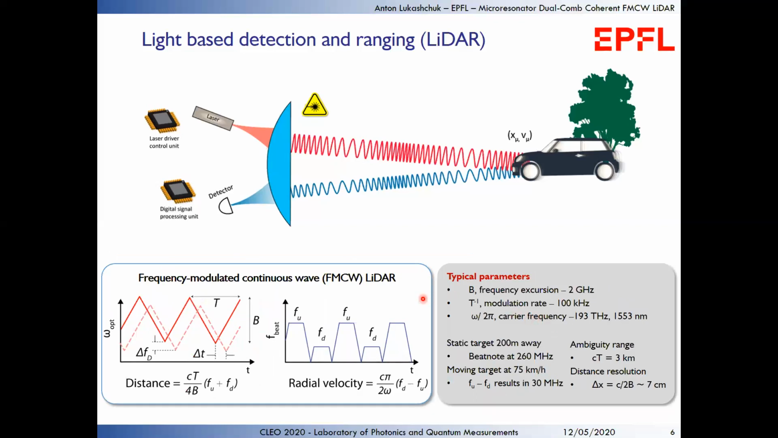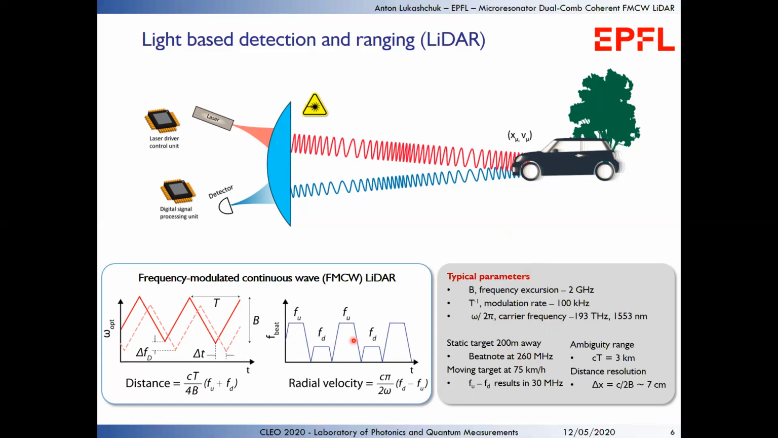Just to give you a bit of the flavor, I put some numbers here. For example, for the work that we did, the frequency excursion B is 2 gigahertz in our case, so how wide we sweep our chirp. Then how fast we do it, it's 10 microseconds, or 100 kilohertz speed of the sweep. And the carrier wavelength in our case is 1553 nanometers. If you imagine that you have a static target 200 meters away, that means that your beat note would be at around 260 megahertz in frequency. So the frequency that you would detect would be around 260 megahertz, and your trapezoids would be at the same height